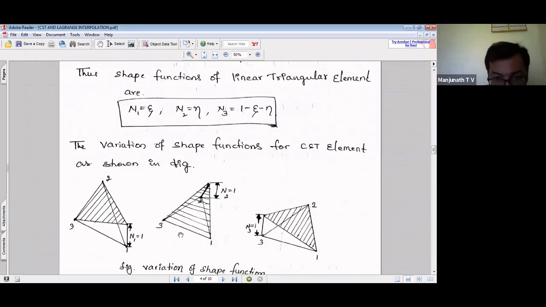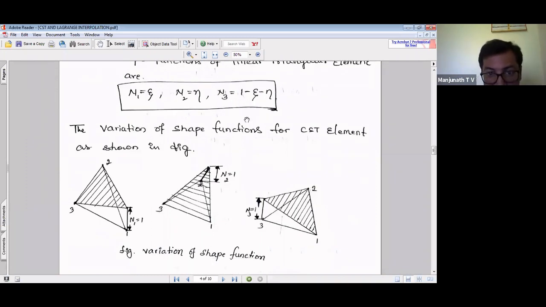Okay, similarly from here to node number 1 and 3 it is going to be decreasing, so in that particular area we are going to draw some line patterns. Similarly, consider node number 3 for this case. At node number 3, from this point just extend one point to here, which gives n3 equal to 1. From this point just connect to node number 2 and node number 1.